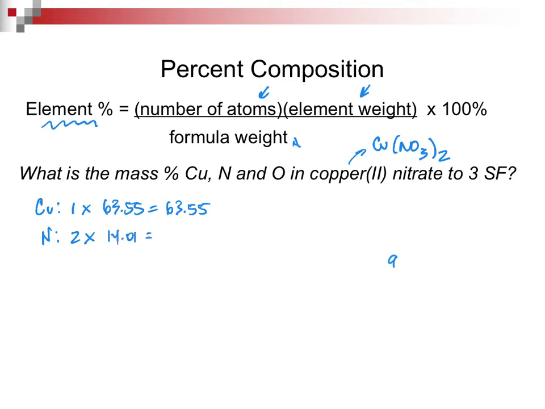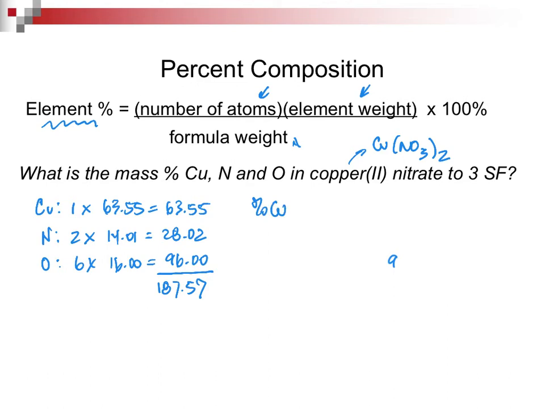14.01. I come up with a total of 28.02. And for my oxygen, it is going to be 2 times 3, 6 times 16.00, which is going to give me the number 96.00. When I add them together, 187.57. I would encourage you to do it this way, because now when we need to find our different percentages,